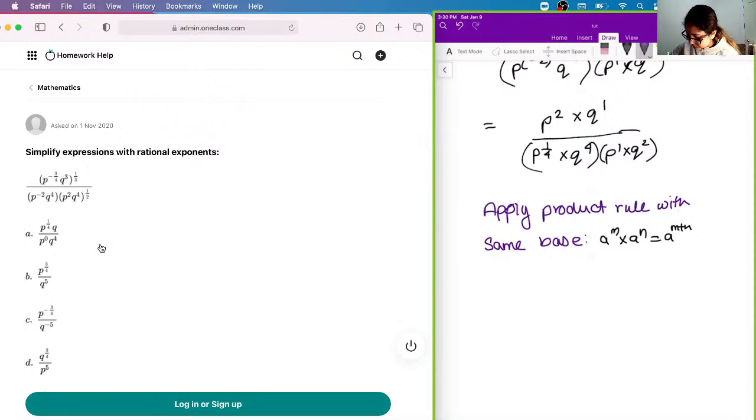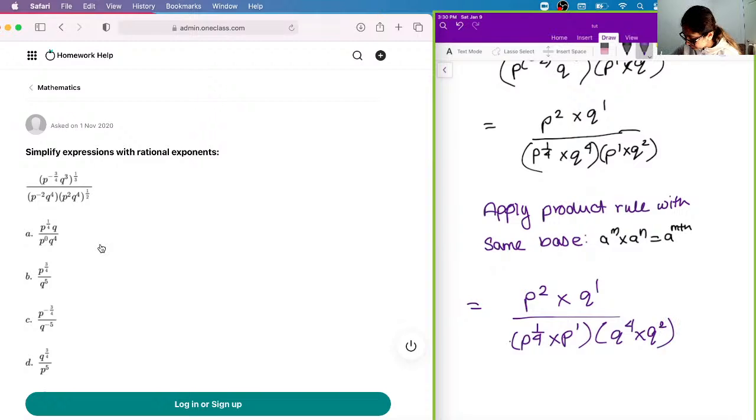is, let me write out the equation. So we have p squared times q to the power of 1. We have p to the 1 over 4. And so we're going to put all the like terms here, and then we have q to the 4 times q squared. Okay, and so next what we have,